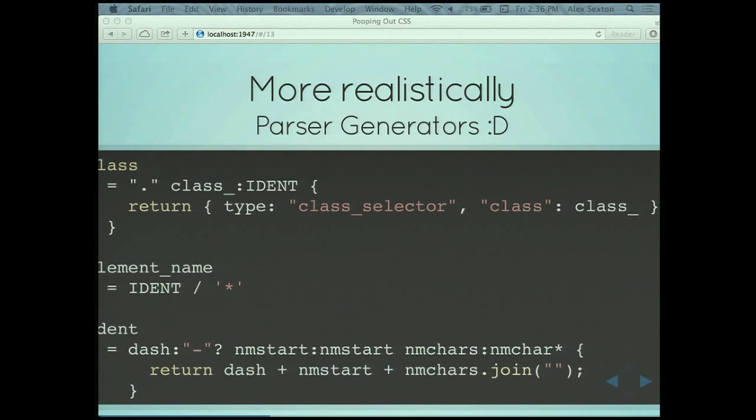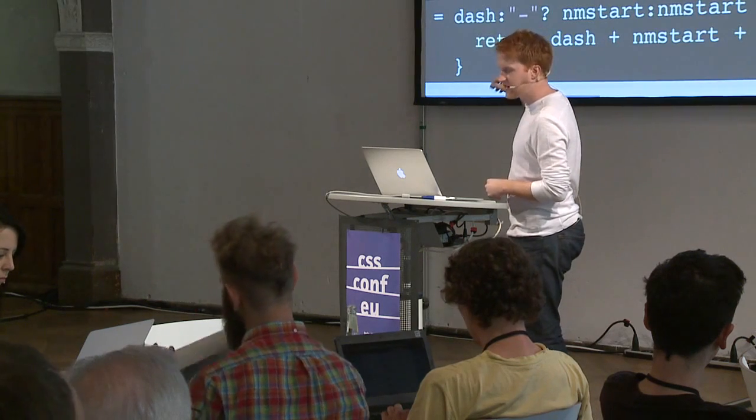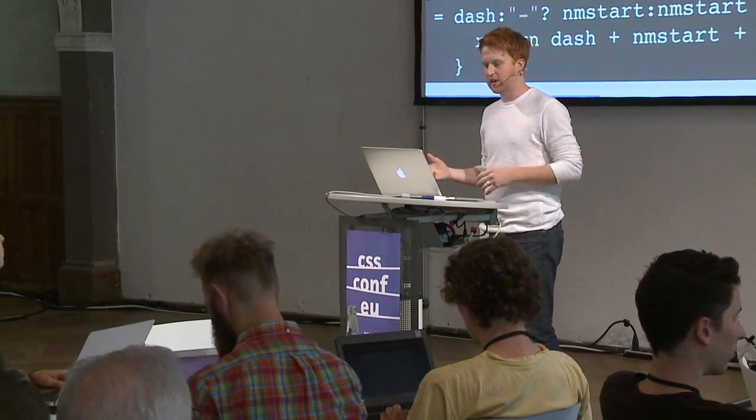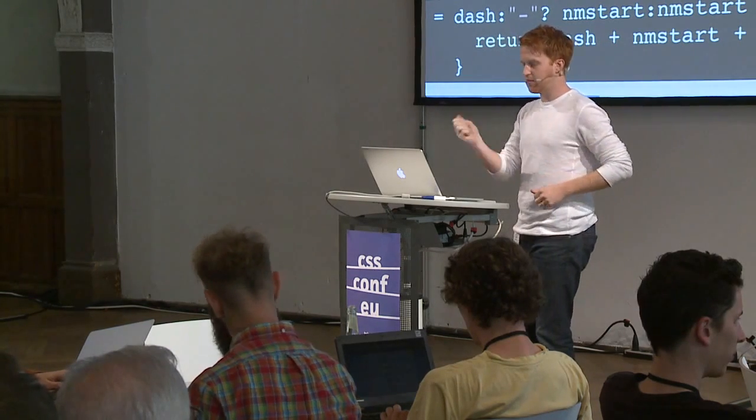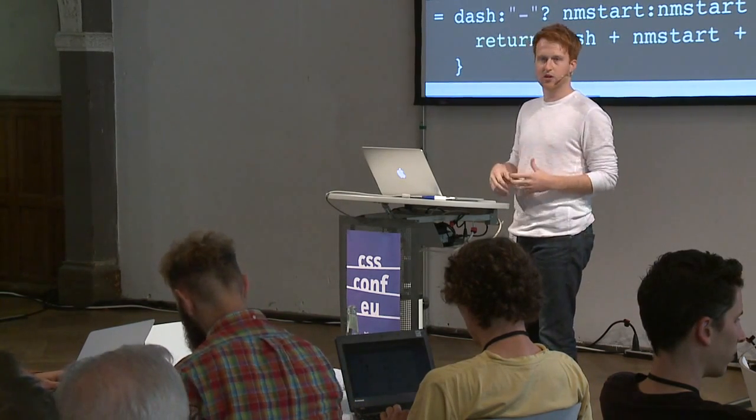More realistically, you probably write a parser generator. Some people might disagree with me on this, but most of the time, when you need a quick parser for something, you can actually use something like peg. That's a parser expression grammar generator. And you can generate a parser based on expressions. And so you say that a class is actually just a dot followed by an identifier. And then you kind of say, like, whenever I build this up, say an element is just an identifier or